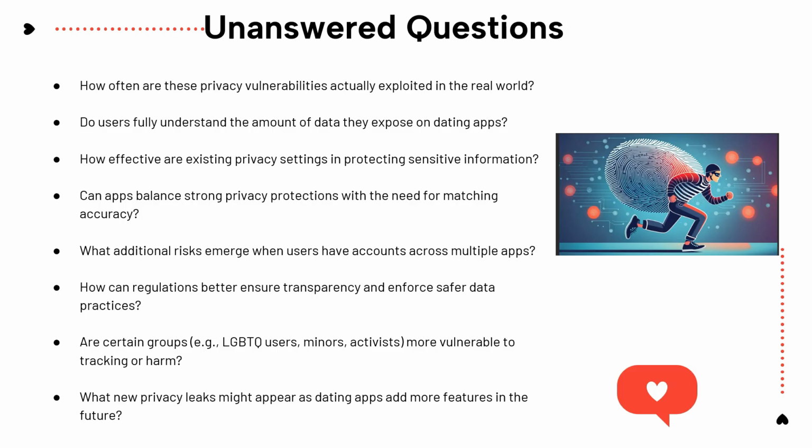So overall, this research shows that the convenience of modern dating apps often comes with hidden and serious privacy risks, and without stronger protection, users may unknowingly expose sensitive data that can be tracked, linked, or misused. The biggest takeaway is that user personal safety is directly tied to how well apps handle location and identity data. Even small leaks can create big risks when combined with an attacker's techniques.